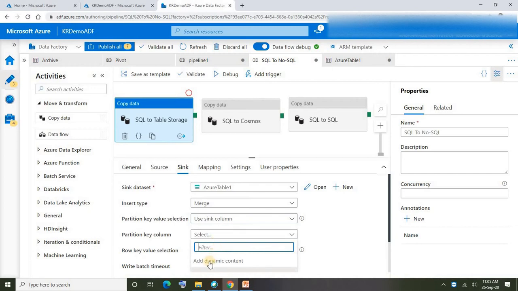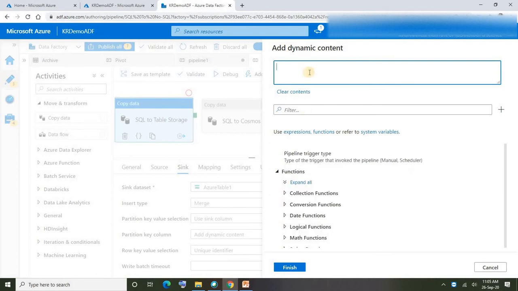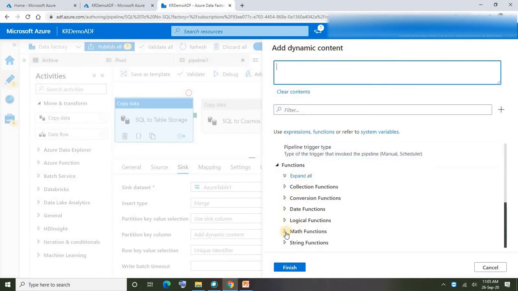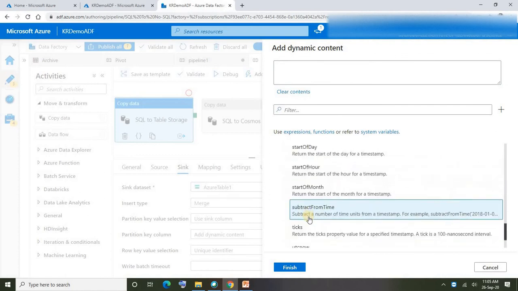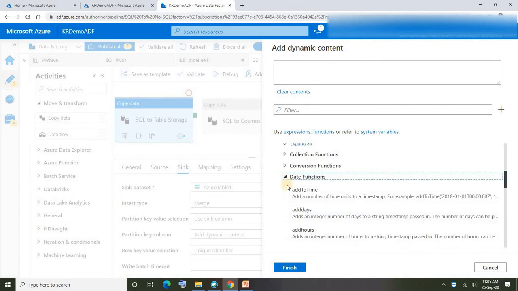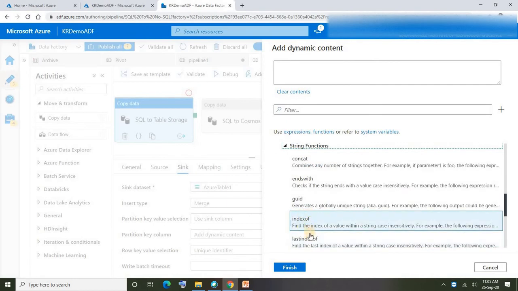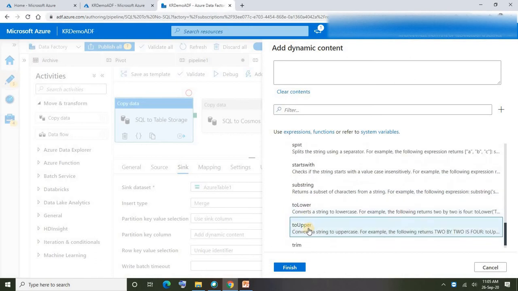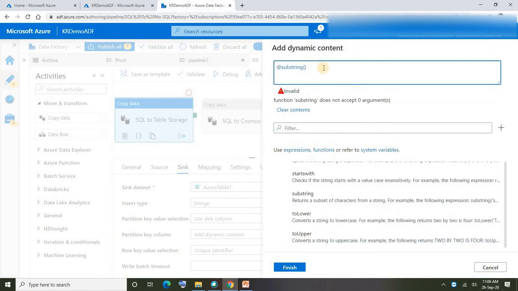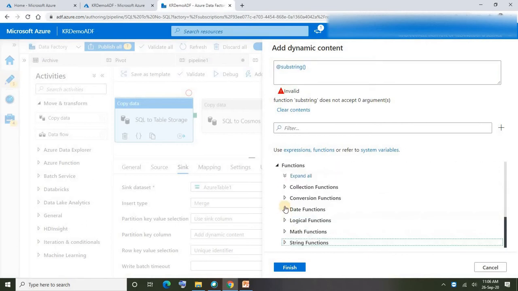So let me go for add dynamic content. Here under dynamic content, I want to create the partition for each year. So for that, what I'm gonna do, if you go all the way down here, you could see date function which will fetch current date. Under date functions, there is one function called utcnow that will fetch current date. So before going ahead, I want to extract year, right, from current date. So first let me add substring function through which I can extract only year. Under substring, let me add a date function here,